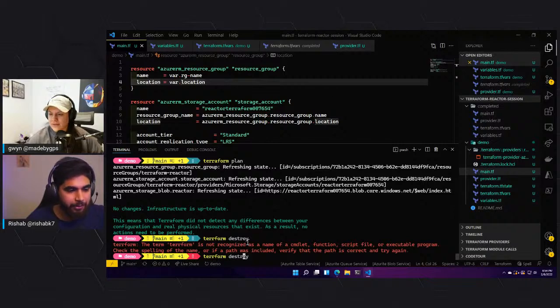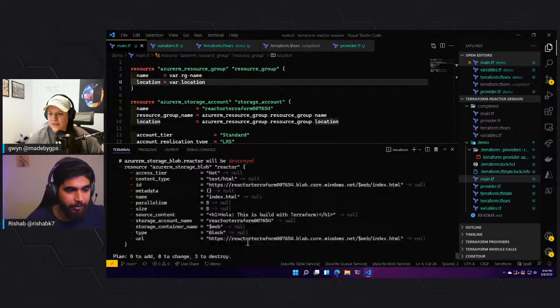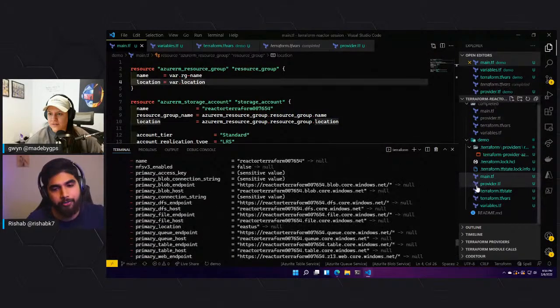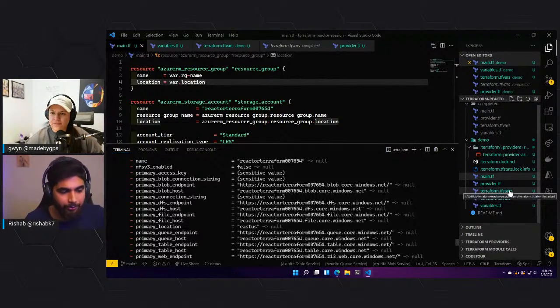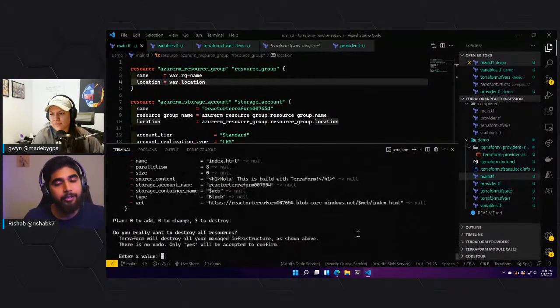Oops, I missed an A. Oh, so it did recognize, because we didn't change the TF state file. The TF state still knows that there were 3 resources defined and deployed to Azure. It knows that I need to destroy those 3. But if the TF state file changes, you'll need to either delete resources manually, or tinker with it by manually going into the portal,